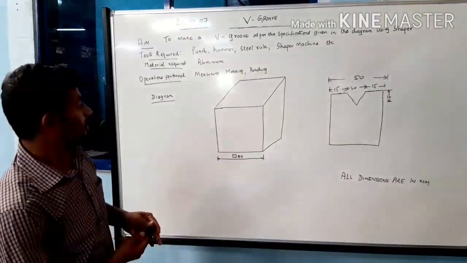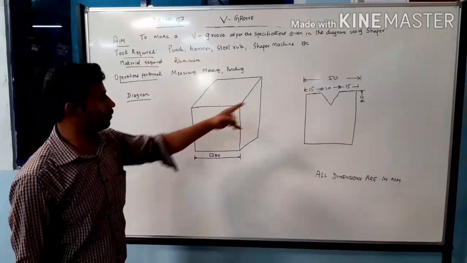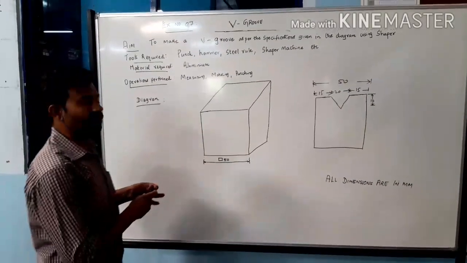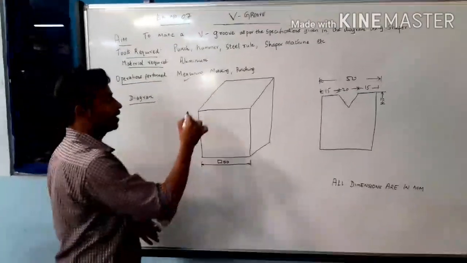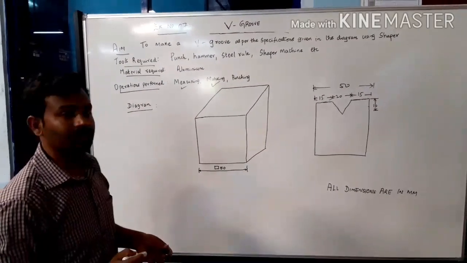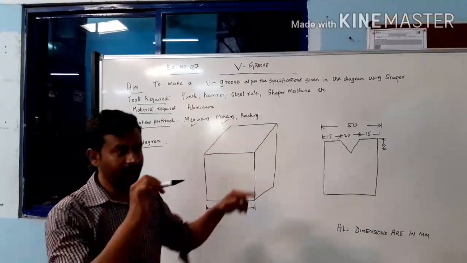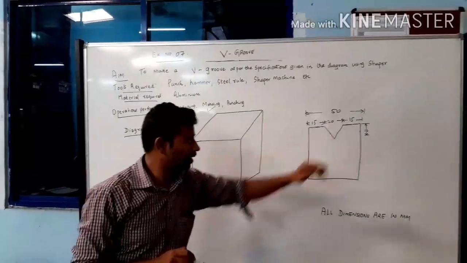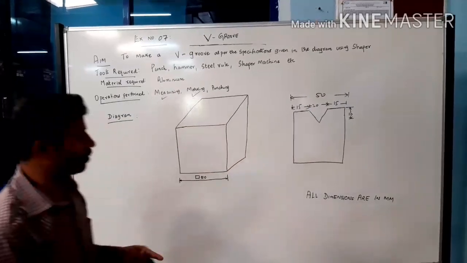So we'll have an object, a raw material in which we need to produce a V-shaped groove. The first and foremost step is measuring. Second, after measuring we need to do marking so that it should not shade out during an operation. Once it has been measured and marked, we need to punch the area on which we need to perform the cutting or shaping operation.